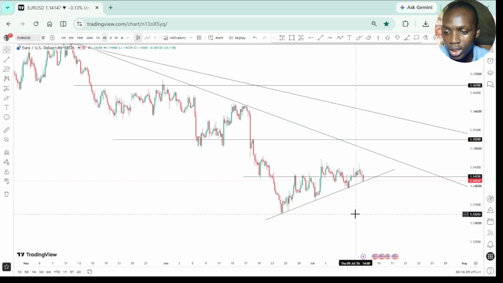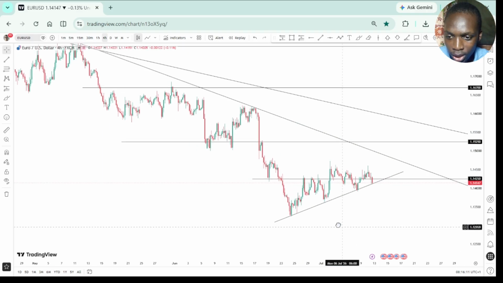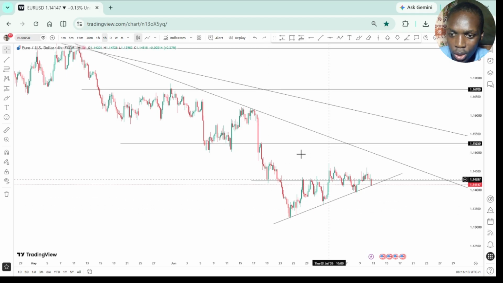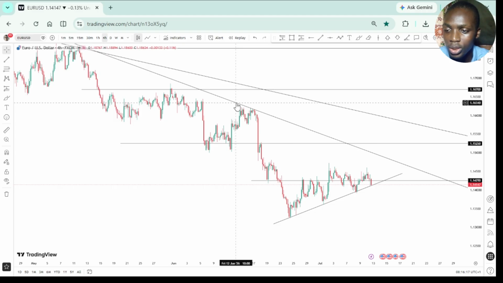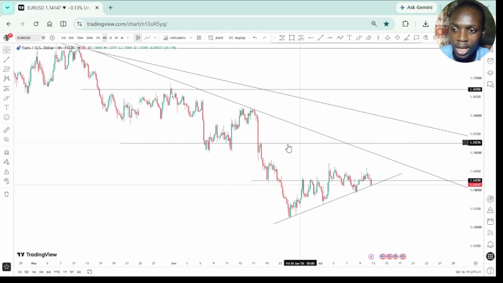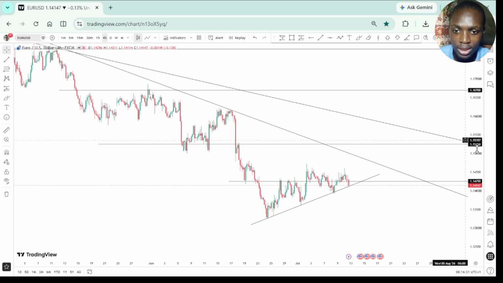But as a day trader, we execute based off of tiny moves in the market. So you can see at this one we are waiting for our third touch on this counter trend line. I did not write it on this one as I did on GBPUSD. This is a counter trend line at this one. This is our main trend line, and all these lines that you see at this one are psychological levels that